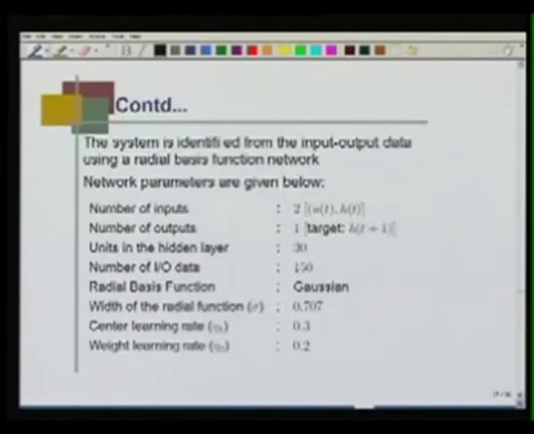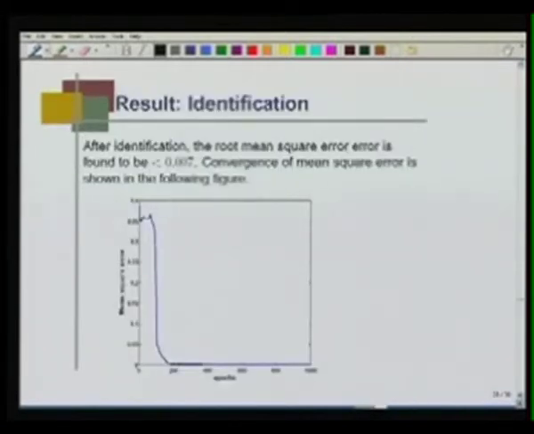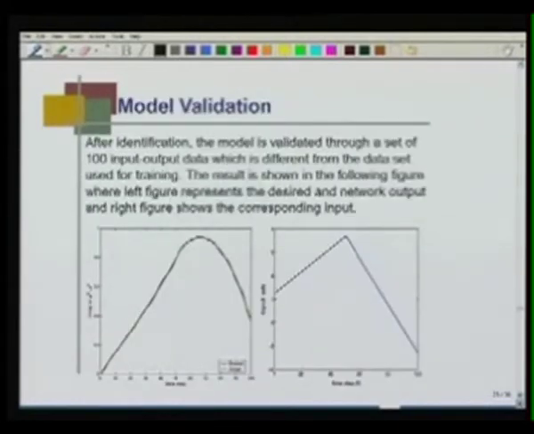So, we selected a radial basis function network. Obviously, it has two inputs and one target: the inputs are U t and S t, and the target is S t plus 1. Units in the hidden layer are 30, the number of input output data is 150, the radial basis function is Gaussian, the width of the radial function sigma is 0.707, the center learning rate eta 1 is 0.3, the weight learning rate is 0.2, and this is the convergence. You can easily see that within less than 200 epochs, convergence is achieved, with the RMS error, the square root mean square error, below 0.007. When we give a new input, that is the input flow follows this particular curve, then the liquid level